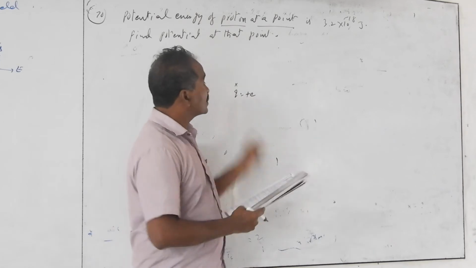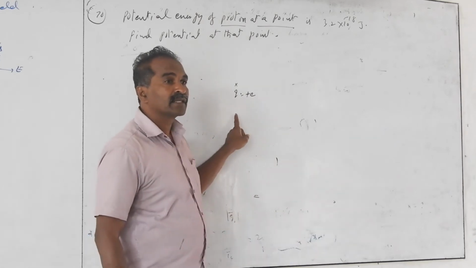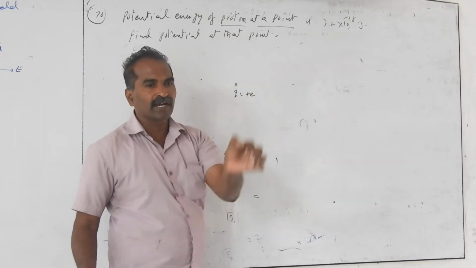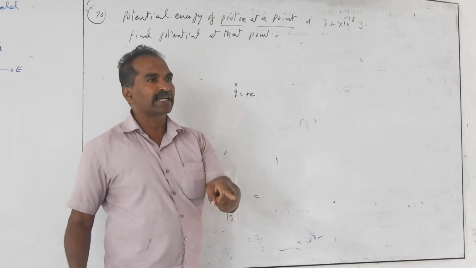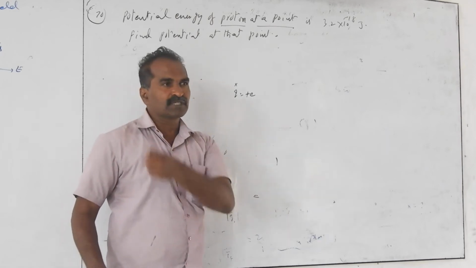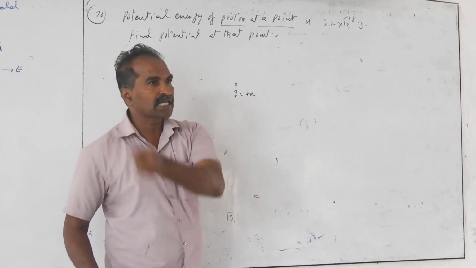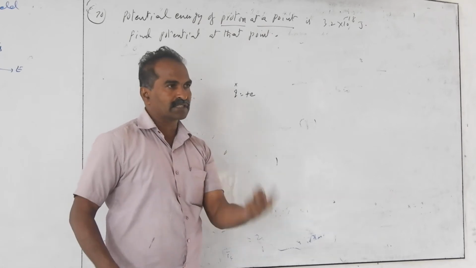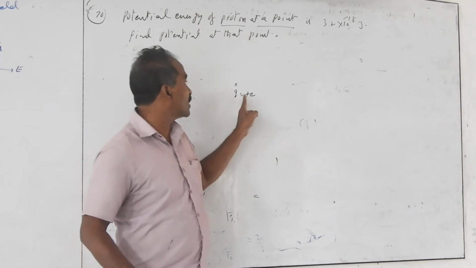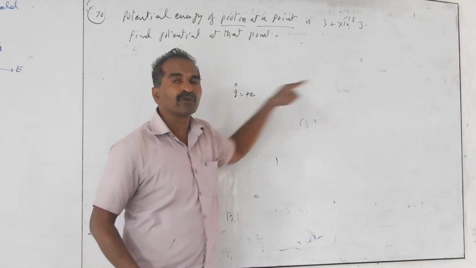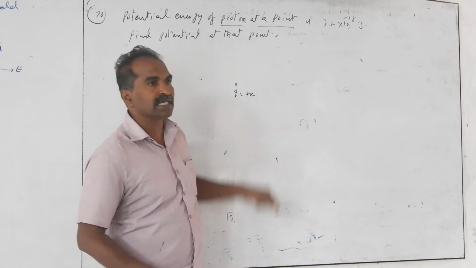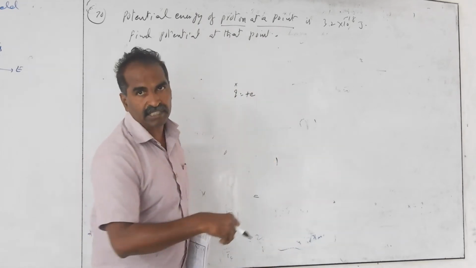If there is no other charge here, there is no force on it. If I bring only one charge from infinity and no other charge is there, no force will act on it. Force is acting means some other charge is there, exerting an electric field around it, which can do work on it. Then it will have potential energy. So whatever work is done to bring the proton from infinity to this point, where a field and potential already exist, is stored as potential energy in the charge.